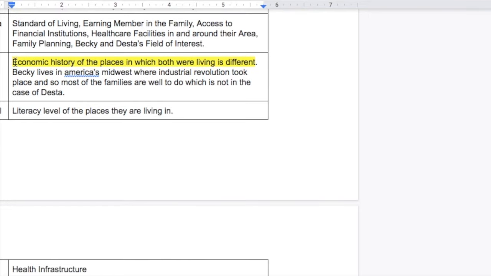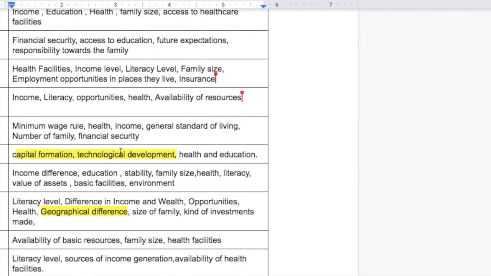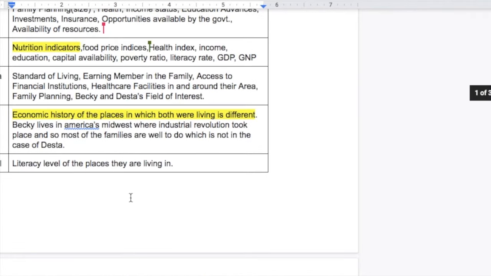Okay, this is actually a very interesting point, and I think someone else has also written geography, geographical differences. So yes, definitely there are some things that you can fix. By identifying that one economy is highly educated and the other isn't, and maybe that's the reason why they are not on the same platform in terms of their growth or in terms of GDP. So there can be some things that can probably be fixed by policy prescriptions, but there are certain things that you cannot really fix, and that is the economic history of a particular region, of a particular area that has led to the current situation.